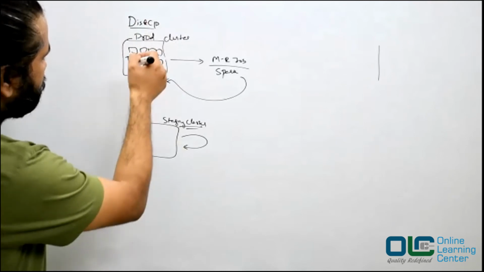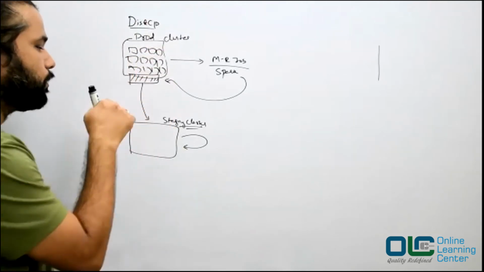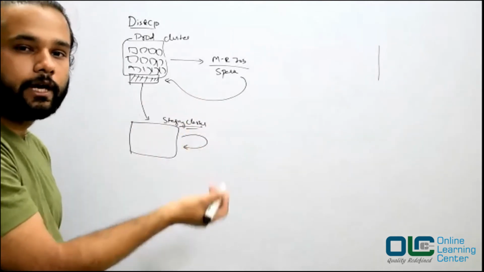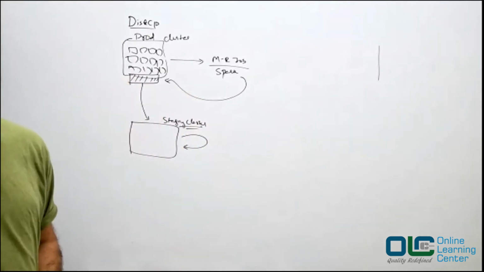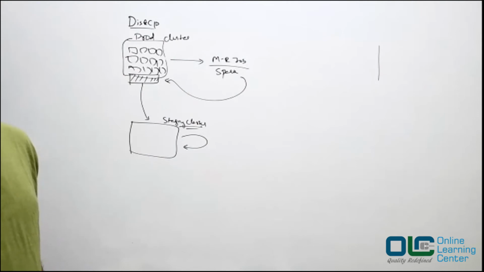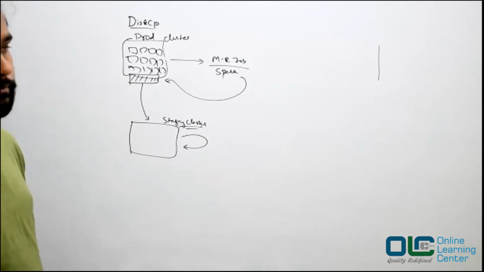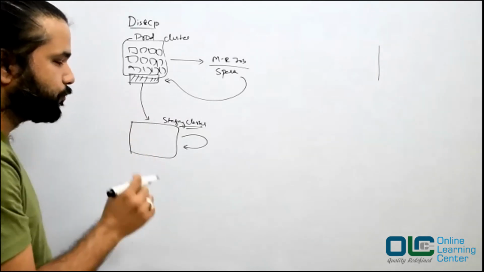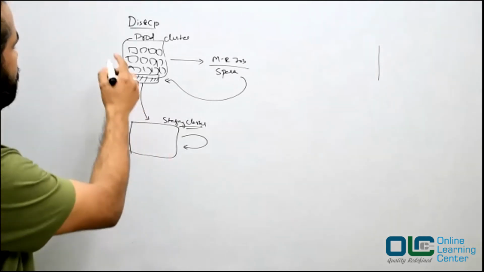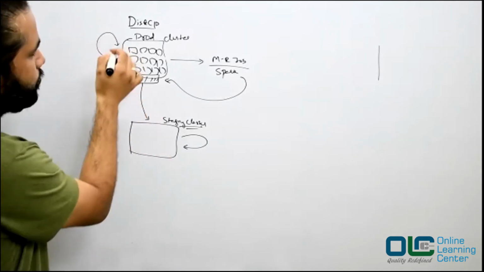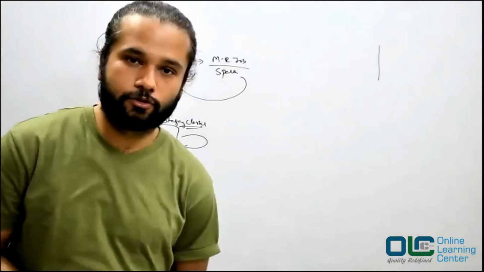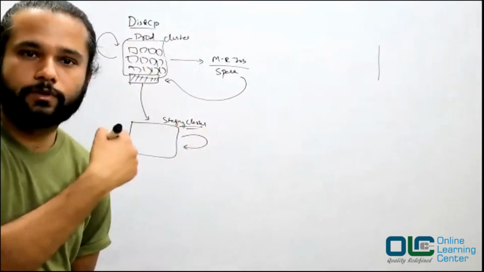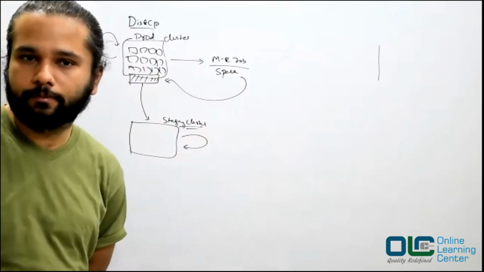Now why exactly are we bringing this data to our staging cluster? Because we will be doing a lot of ad hoc queries, and every ad hoc query will result in one or other Spark or MapReduce job, right? And you really don't want to trigger those jobs in your production cluster, because you are not authorized to do so. You're not allowed to run this without permission, or without intimating the other team, because this